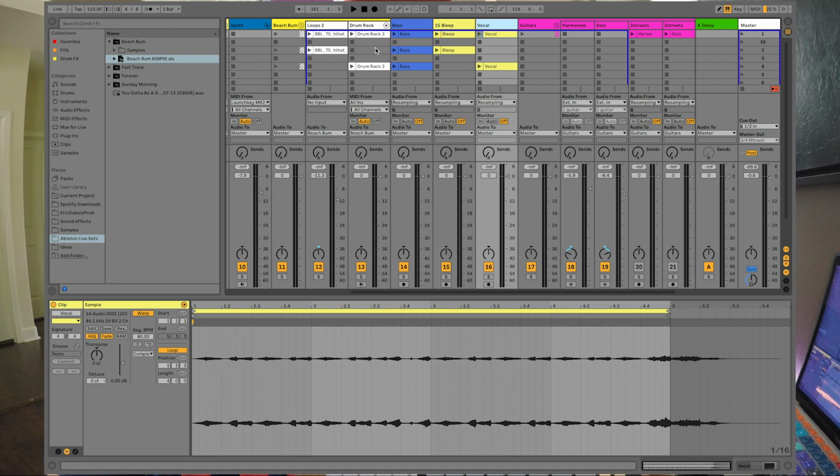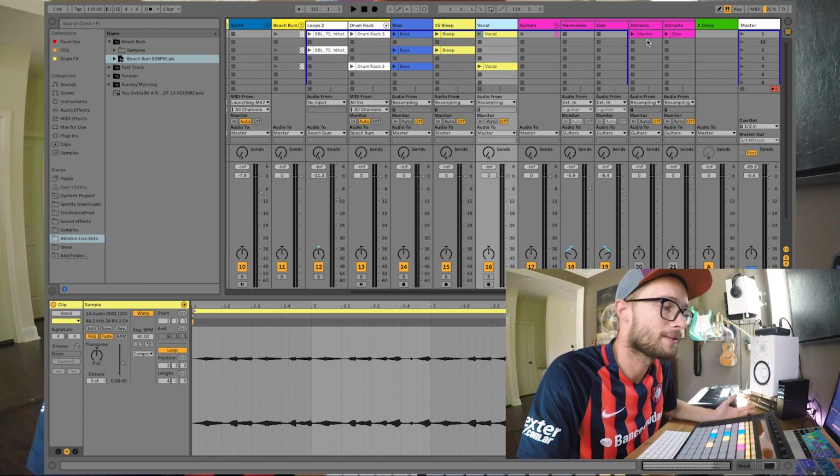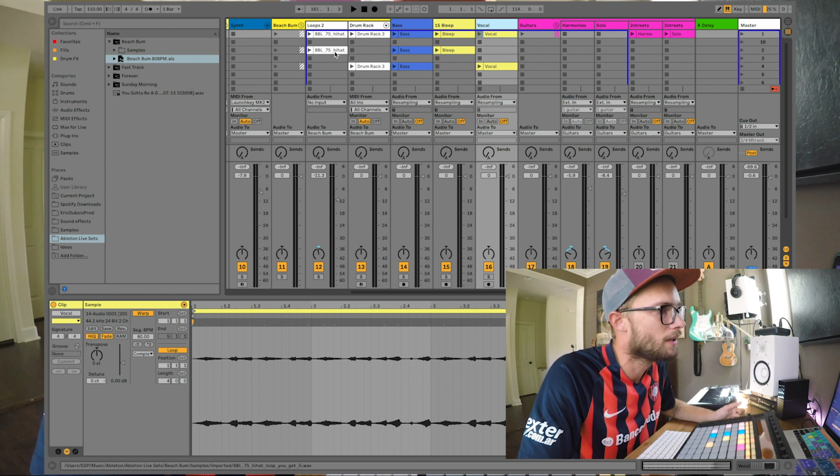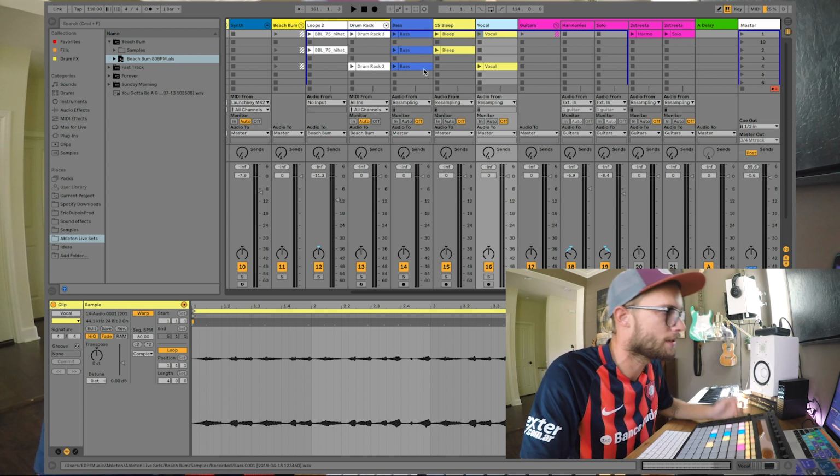Now each row is a different section. The first row is the entire track with the guitar parts, as you can see right here, so that when I'm practicing I remember how to play those guitar parts. Then I'll usually break it down into the verse or the intro, then another line for the hook, another line for the breakdown, and then I can just